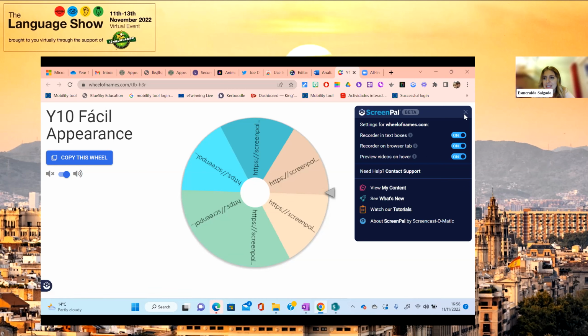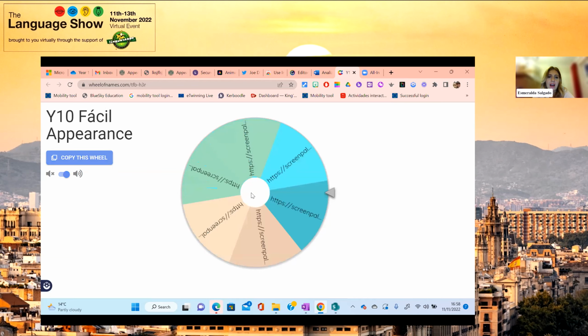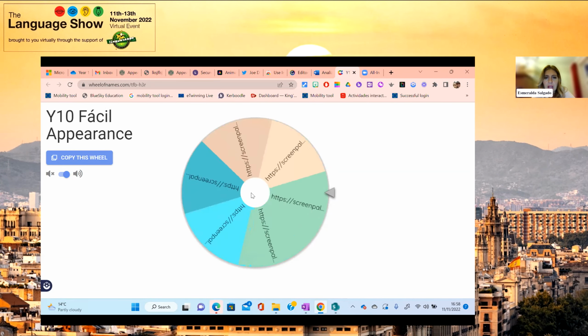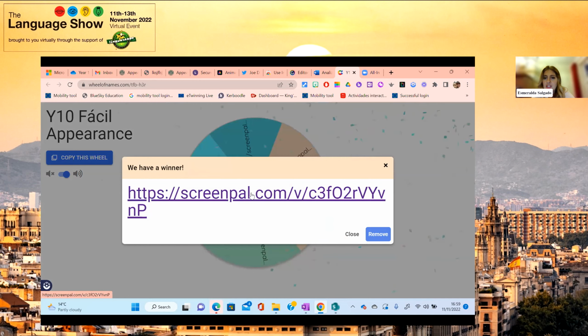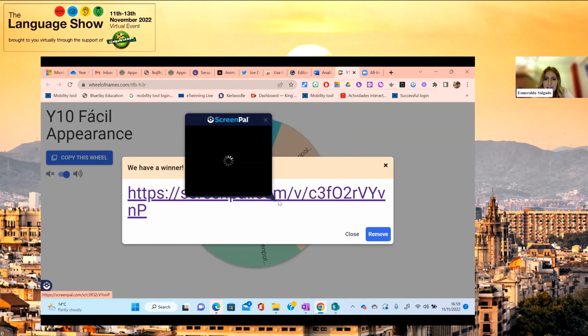Okay. So this is the idea. This is a wheel of names that I may have with my students. And then it will come up to something now. And instead of a sentence, it comes to a URL. Automatically it gets generated with ScreenPal. And if the student hovers on top of it, now, typical, it's not working. I don't know why. It should be, because it says videos on hover. So it should be, yes, there you are.